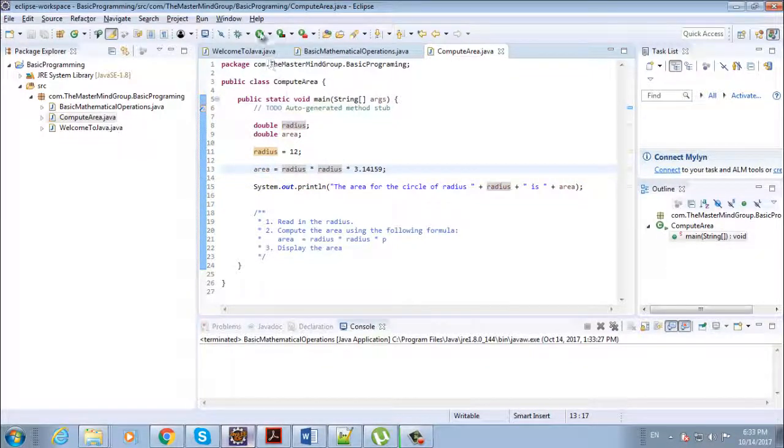If we save this and run it, the area for the circle of radius 12 is